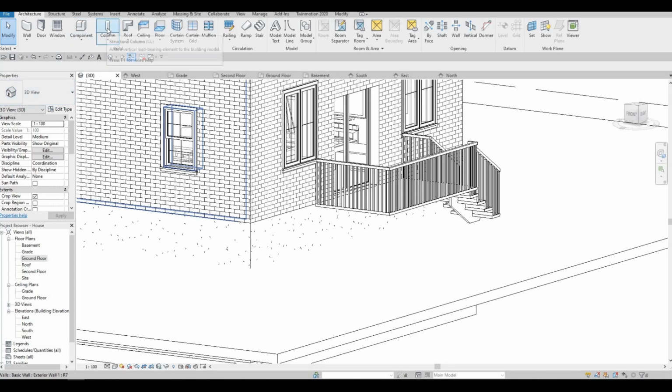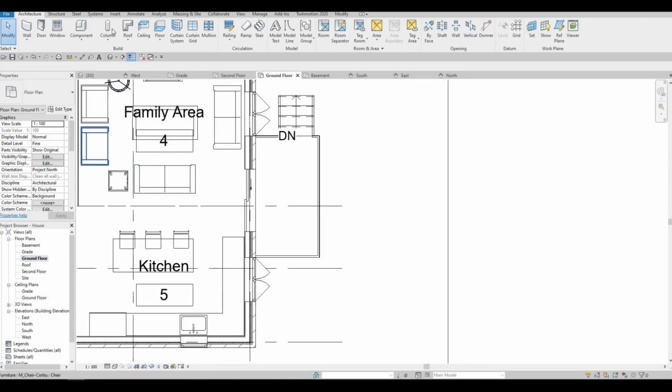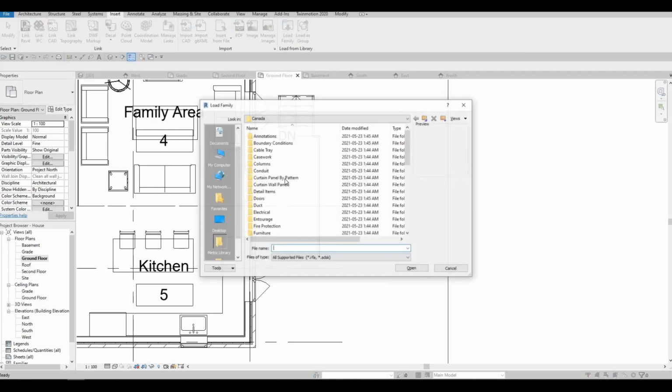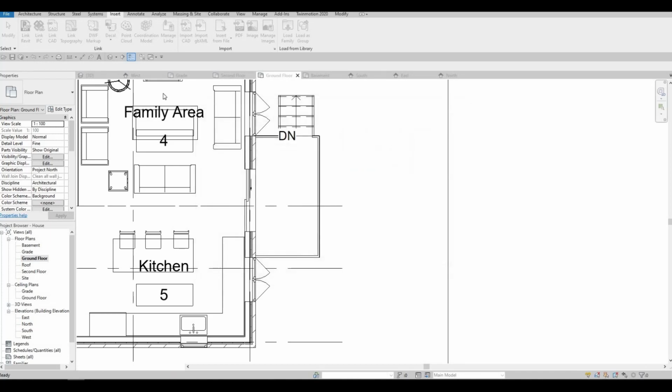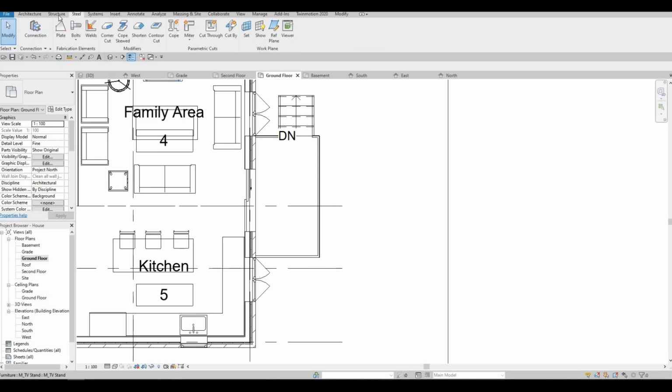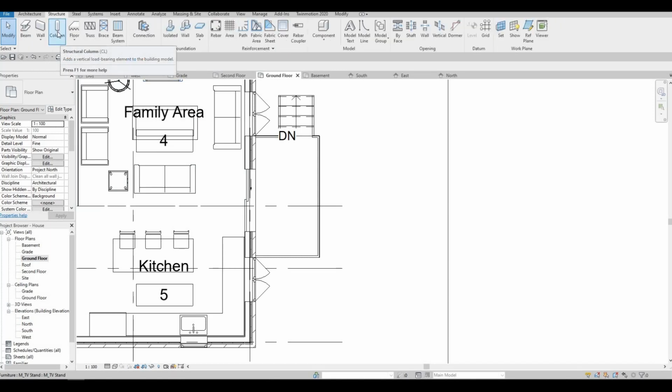So with that, we could add in a column. So go to ground floor and insert, load family, column, and go for a round or even rectangular. Open, and then go to structure, click on column,